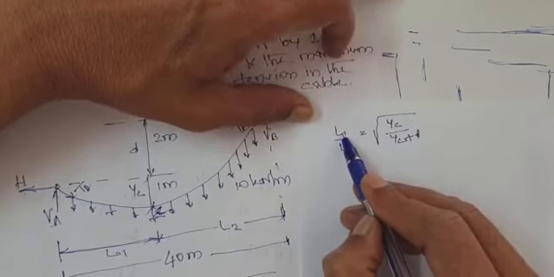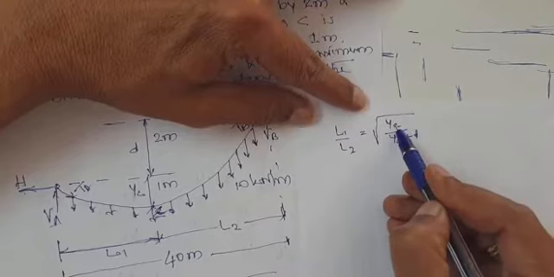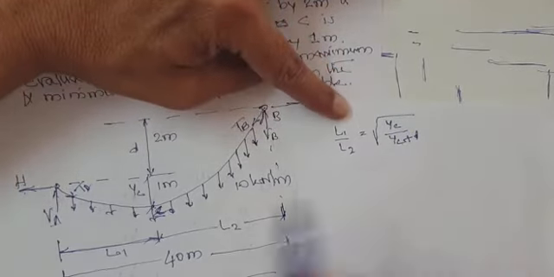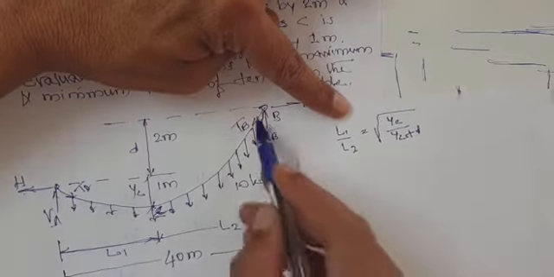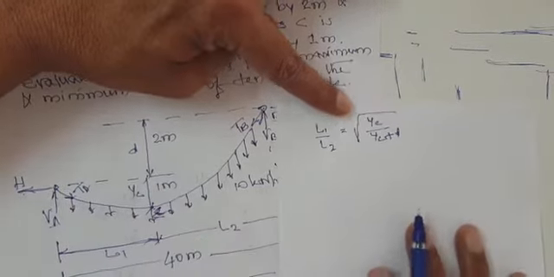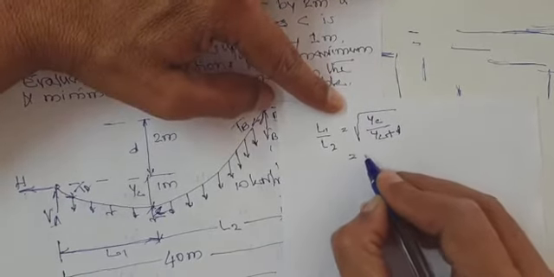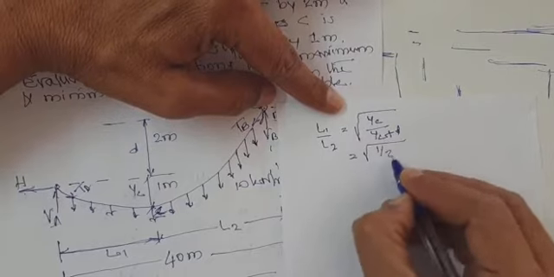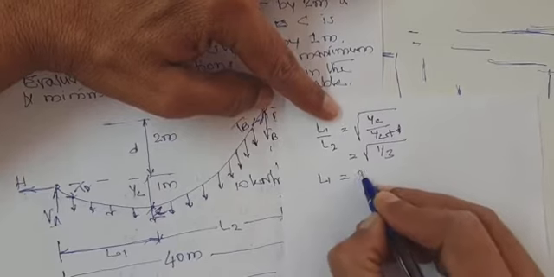L1 is the dip of the cable with respect to A, and L2 is the dip of the cable with respect to B. Here dip of the cable with respect to A is 1 meter. Dip of the cable with respect to B is D plus YC. So if you simplify this, YC here is 1 meter, YC plus D is 3 meter. So therefore if you calculate L1, you will get the answer as